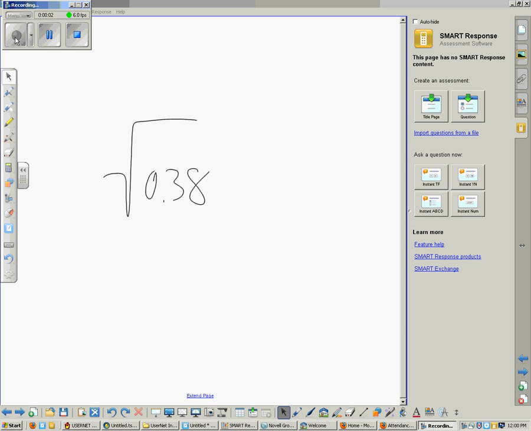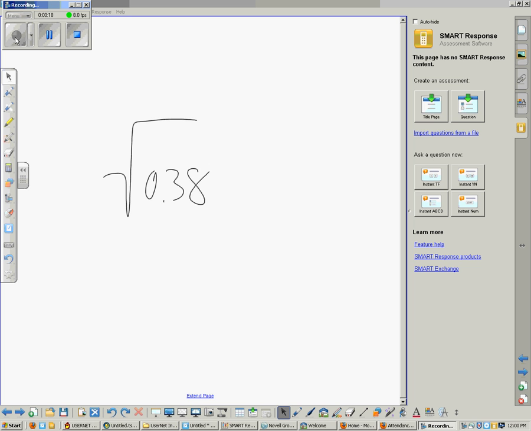Okay, welcome to the continuation of the review. This is question 2 on the first page. It says, what is the approximate square root of the rational number 0.38 or 38 hundredths? Well, since we're not using a calculator for this activity, we have to figure out a